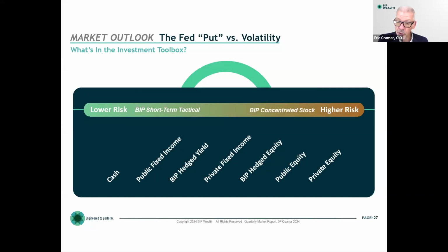And go look at the returns you've achieved through your BIP hedged yield, and then go to the page where we show you what the fixed income benchmark has done. Because BIP hedged yield is synthetic fixed income. And if you look at those returns, whether you've had it for 3 months or 3 years or 5 years, and then you compare it to the fixed income index, what I expect you're going to see is a very large gap. So you're probably pretty happy that you've been using BIP hedged yield for some of your fixed income